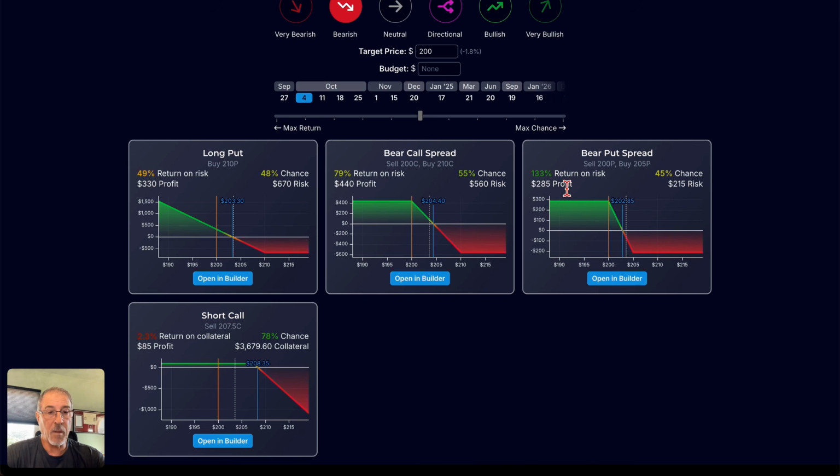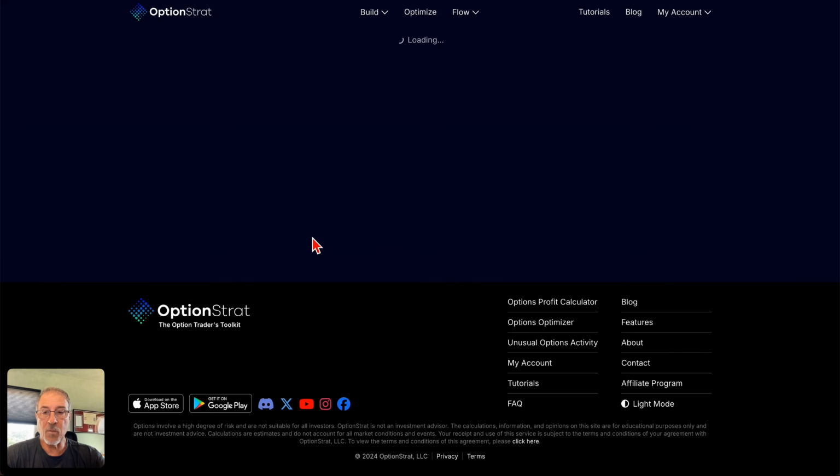That gives me a little bit higher percent chance of return, lesser profits, a little bit lower risk, slightly lower chance of profit. So I can look at either of these two and decide what might fit my thought process a little bit more. And let's just take a look at this one if I open it up